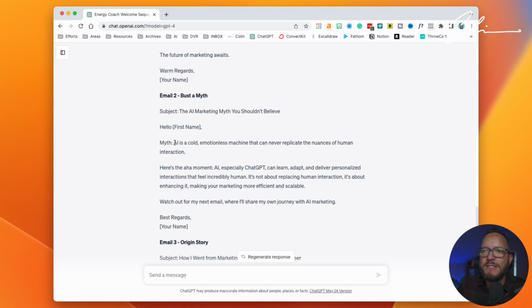But essentially, I would take that gem, that seed of an idea, and here's how I would adapt that. What I would do is I would look at the idea that emotionless machines can never replicate the nuances of human communication. So I've changed it from interaction to communication.